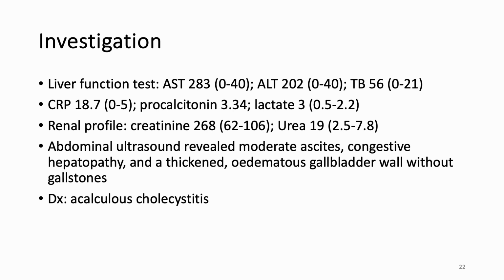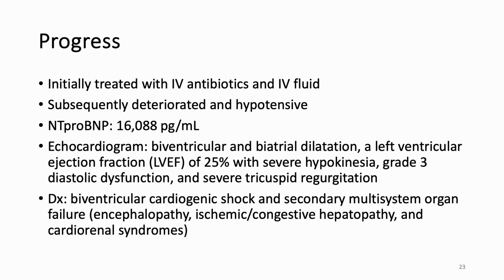Abdominal ultrasound revealed moderate ascites, confirming the clinical finding of shifting dullness, congestive hepatopathy, and a thickened edematous gallbladder wall without a gallstone. So the team came up with a diagnosis of acalculous cholecystitis. Given the initial diagnosis, he was treated with intravenous antibiotics and intravenous fluid, after which he deteriorated and became hypotensive. The NT-proBNP was 16,000, which is raised, and the echocardiography showed a biventricular